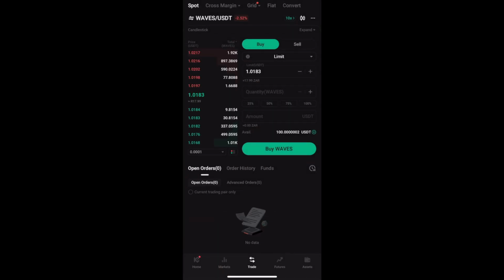Sorry, waves. This one right here on top. So we're just gonna spend 100% of our available balance that we have in our wallet. You know what I mean? Let's take a buy like this. All right,